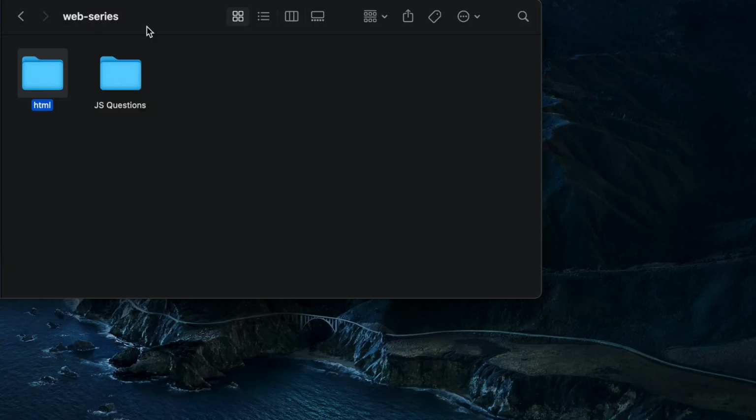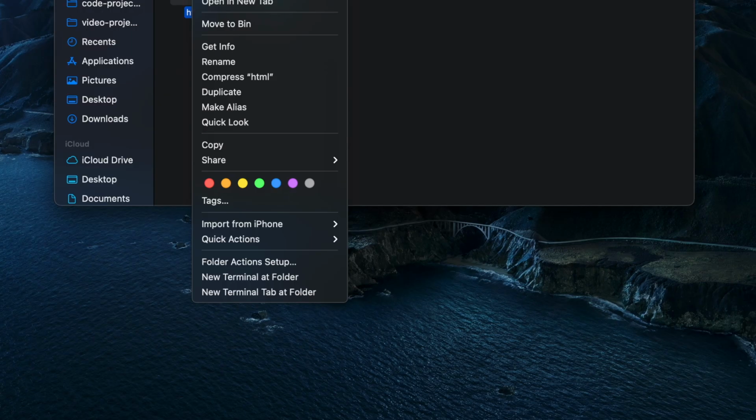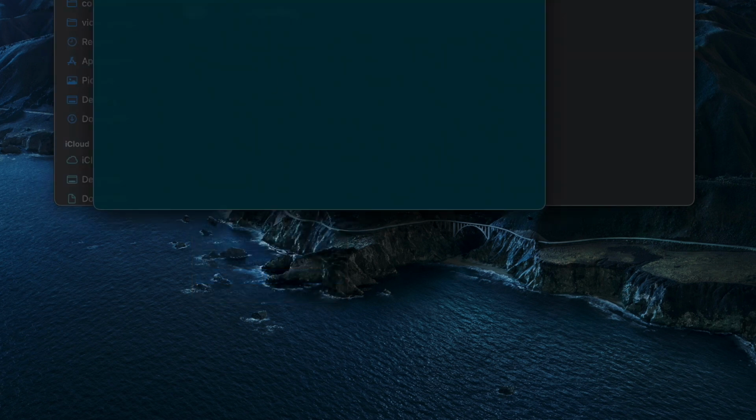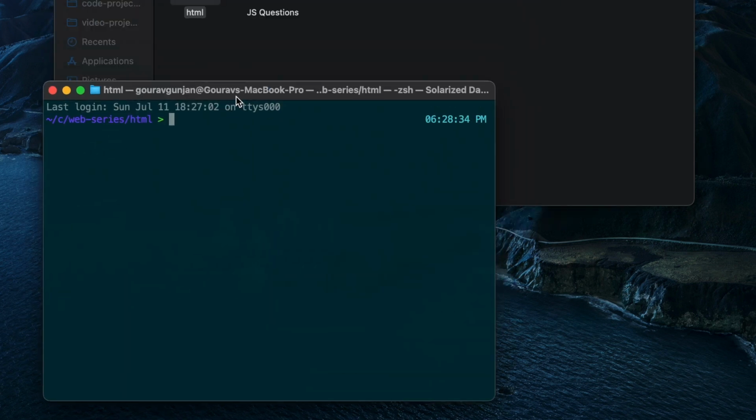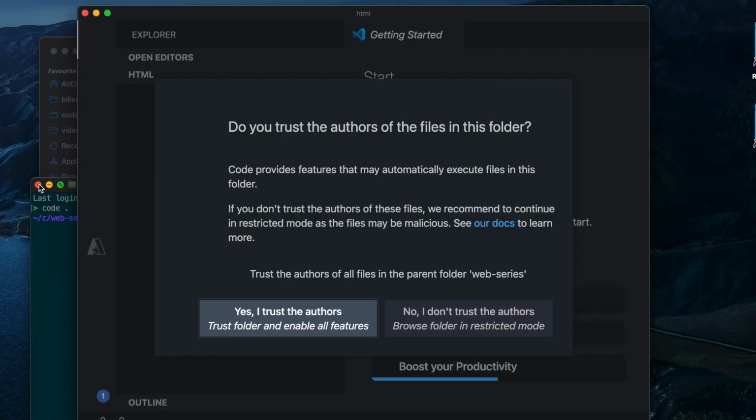So let's start our project. For that, first we have to create a folder. We have already installed Visual Studio Code on our computer. On a Mac you can open a terminal at this location, or in Windows you can just write CMD in the top bar. If you have seen my previous video, you can find it in the top card. After you have done that, simply type "code .", and that will open Visual Studio Code at that folder location.